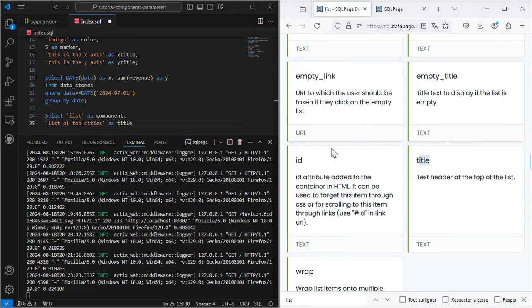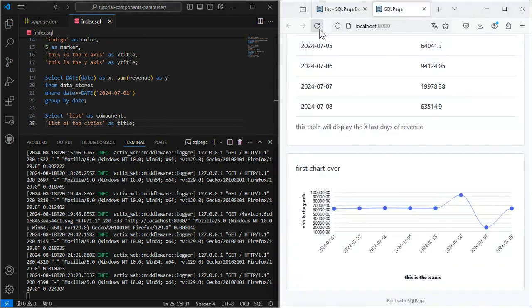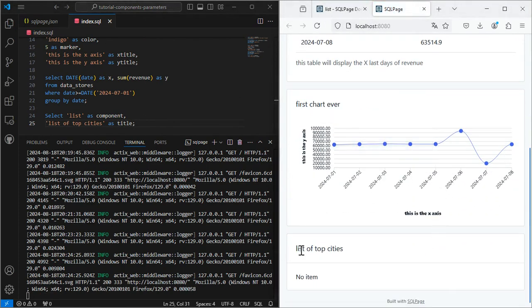Title is a top-level parameter. Our list component is ready with the top-level parameters. We now need to fill it with some data using the row-level parameters.